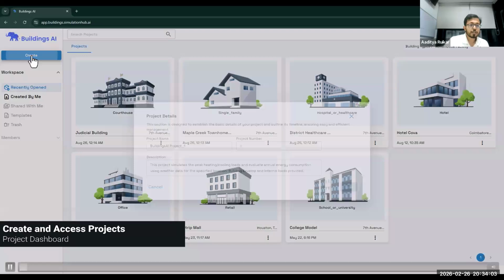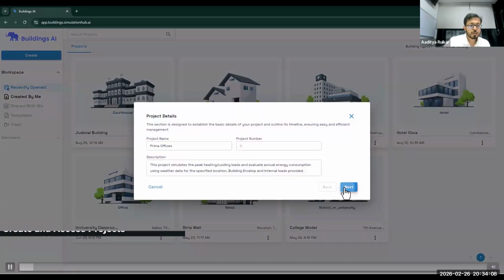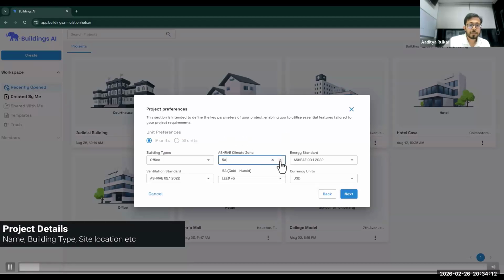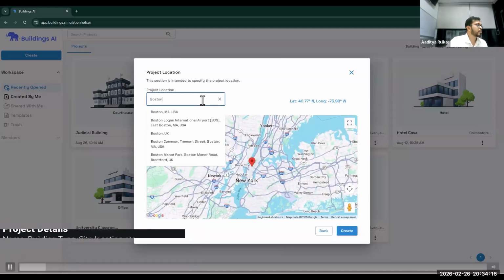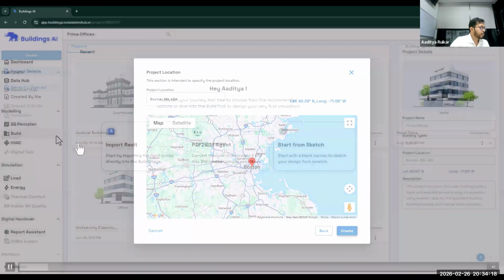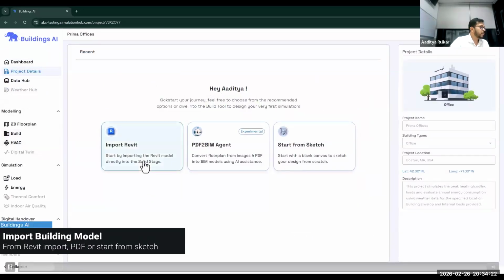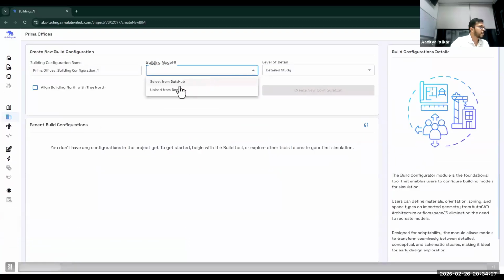First, it starts with your project dashboard. You create your project, provide the primary information of your project, provide site location, then import your building model or start by sketching.